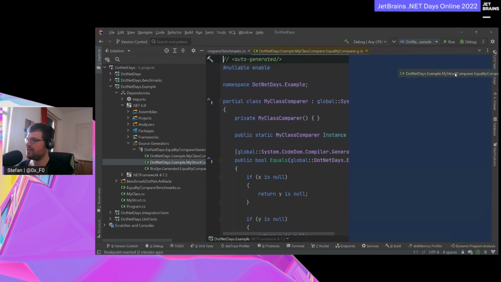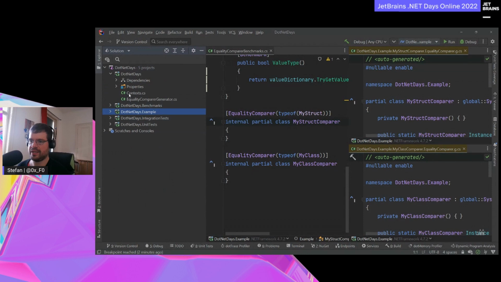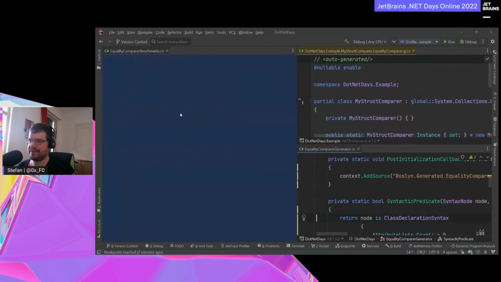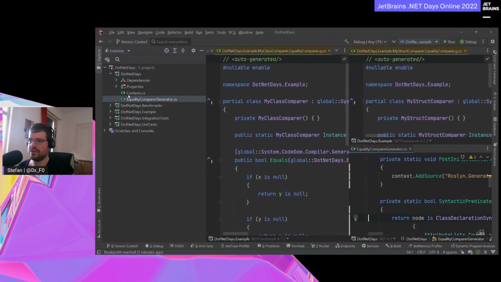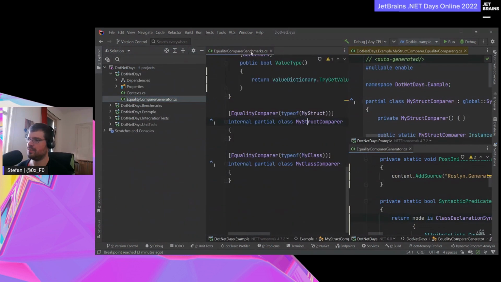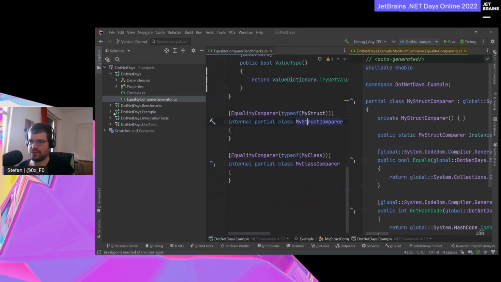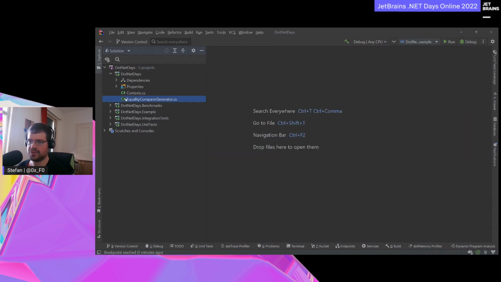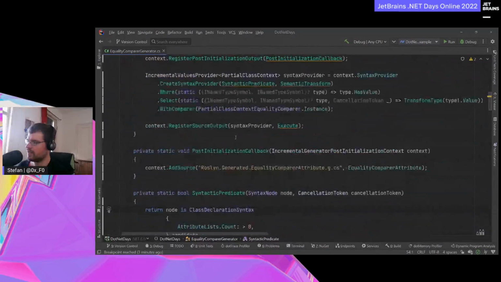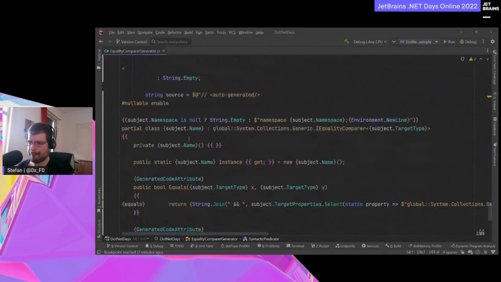If we open them side by side, and in the generator, in the emitted code, if we would add the current date and time,